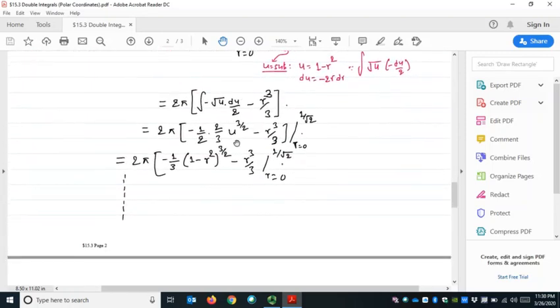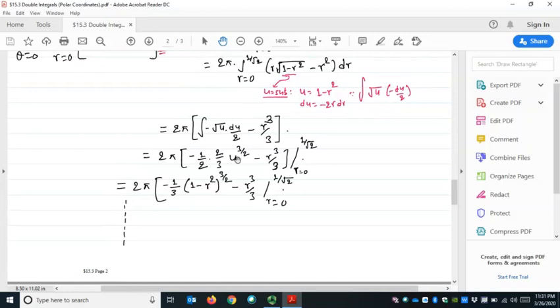We scroll down, then 2 pi as it is, then the integral of radical u becomes u to the power of 3/2 over 3/2, so you just flip, then 2/3, and the 1/2 I just pull outside, minus r cubed over 3, and let's resubstitute the value of u equals 1 minus r square and plug in the limits of r, r equals 0 to r equals 1 over